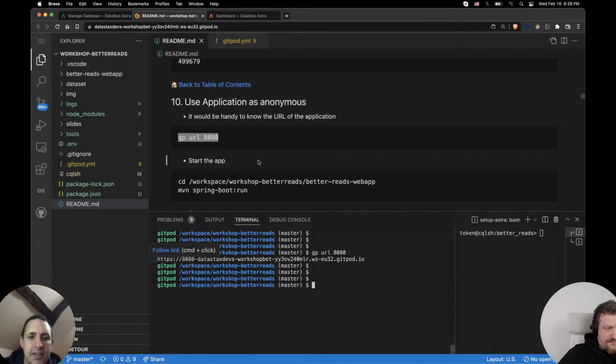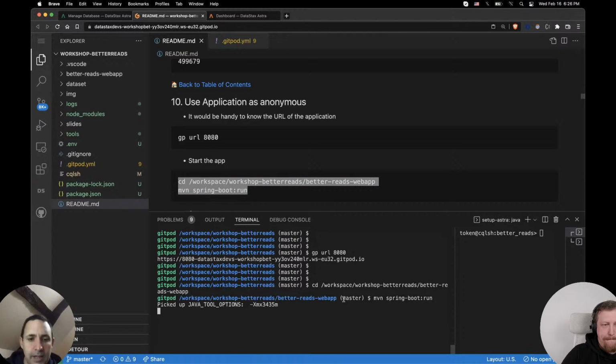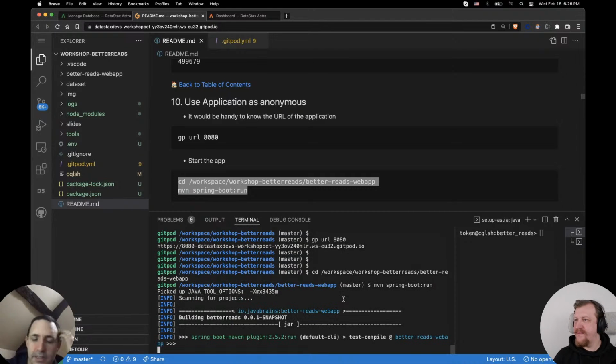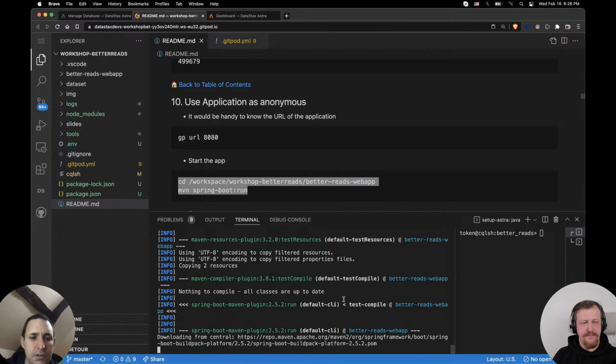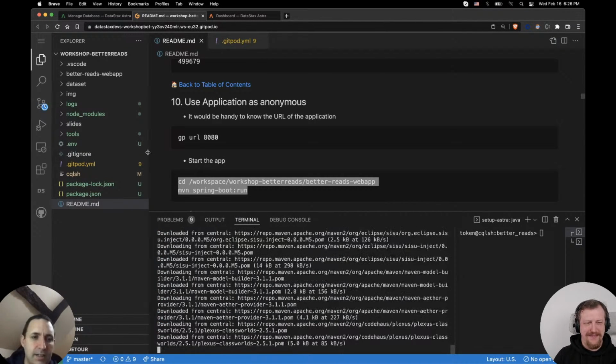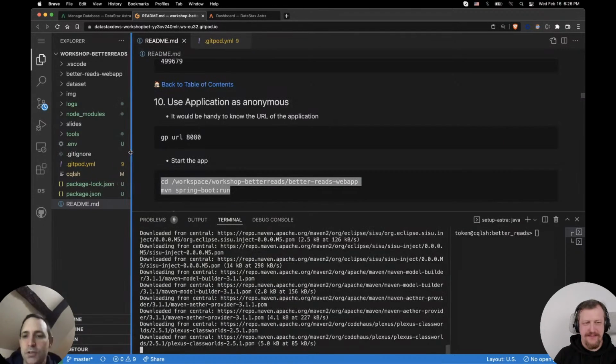Okay, so let's start the app. Let's see if I'm in the proper folder. Maven run. App is running. Okay, let's see. Fingers crossed. I mean, I already had 2 things failing, so